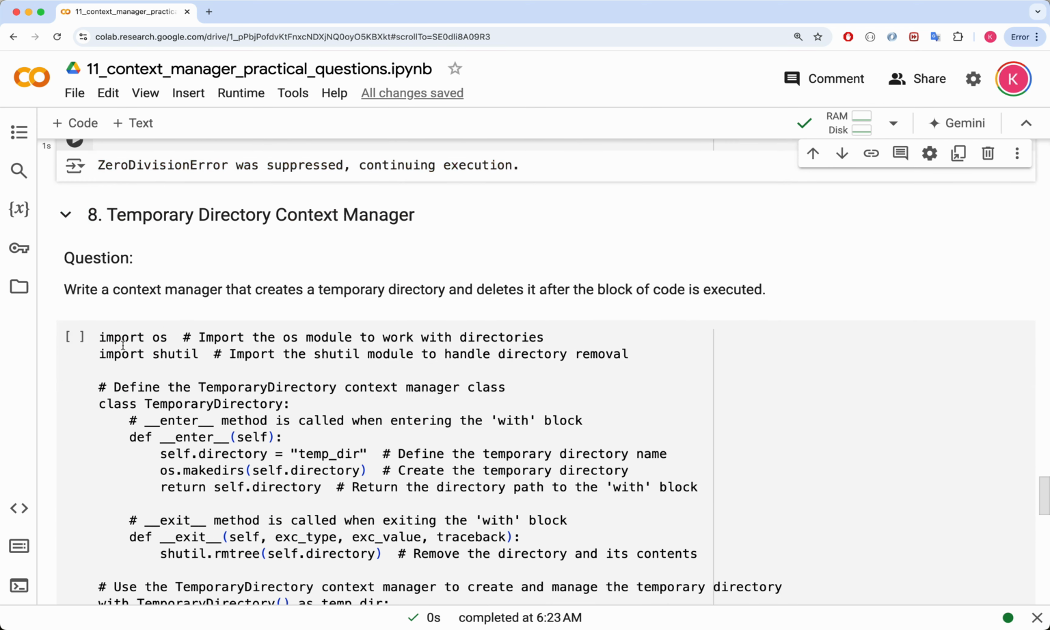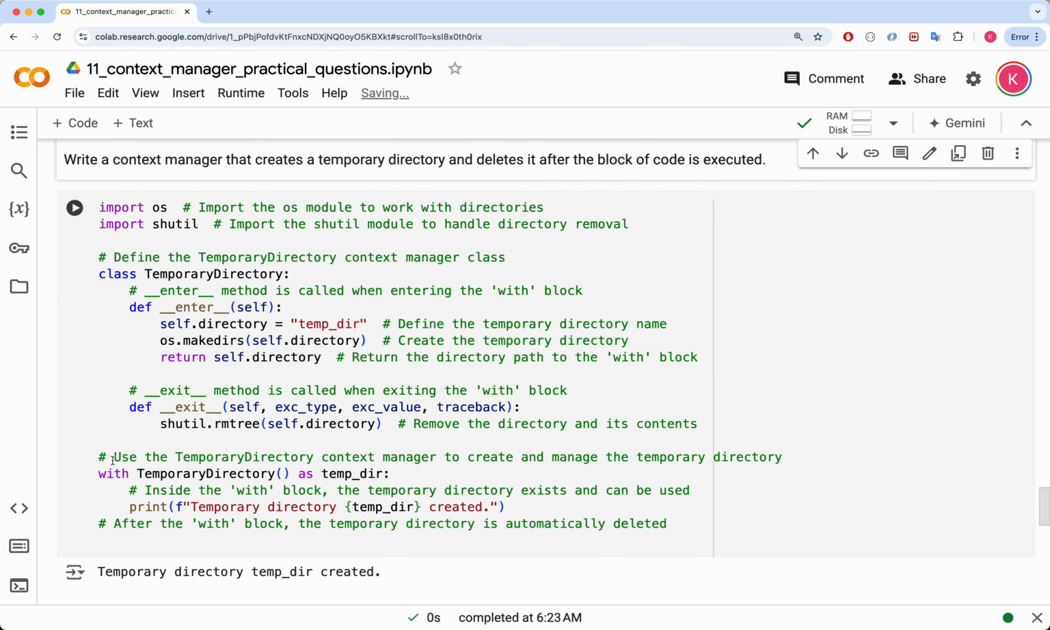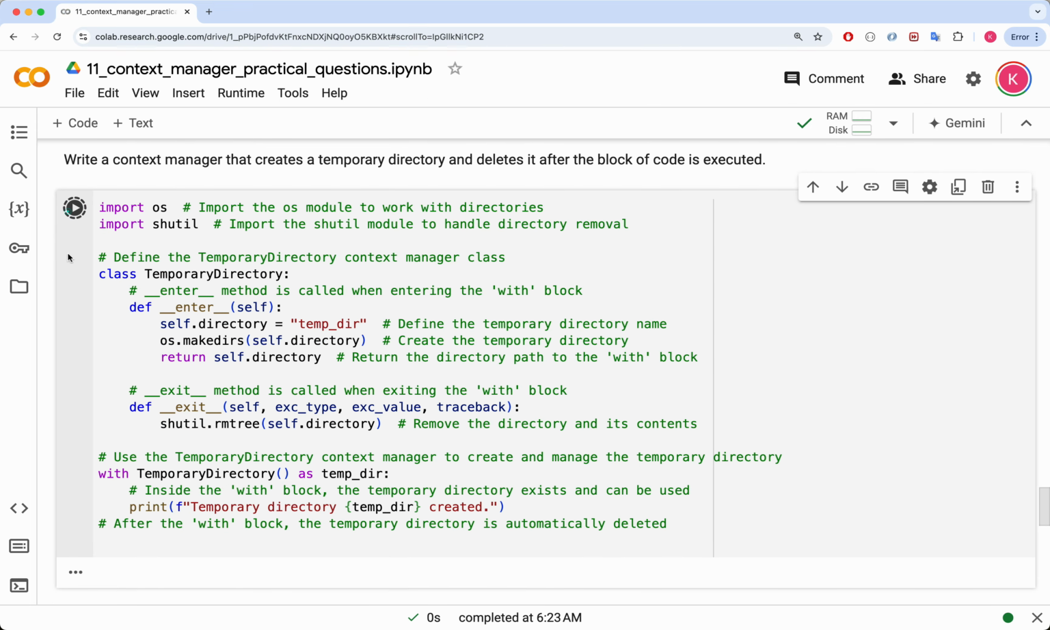8. Temporary Directory Context Manager. Question: write a context manager that creates a temporary directory and deletes it after the block of code is executed. In this example, the TemporaryDirectory class is used as a custom context manager to create and manage a temporary directory. The goal is to automatically handle the creation of a directory